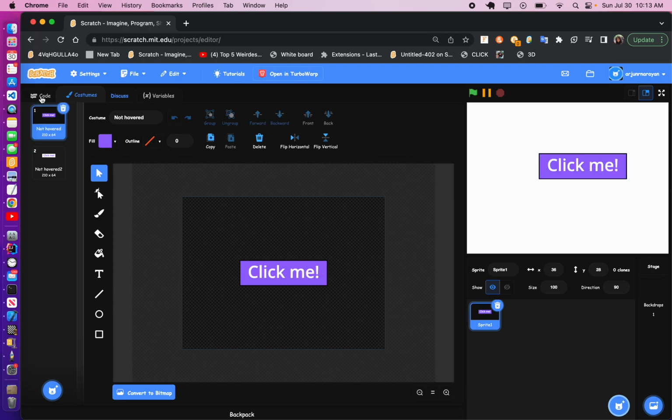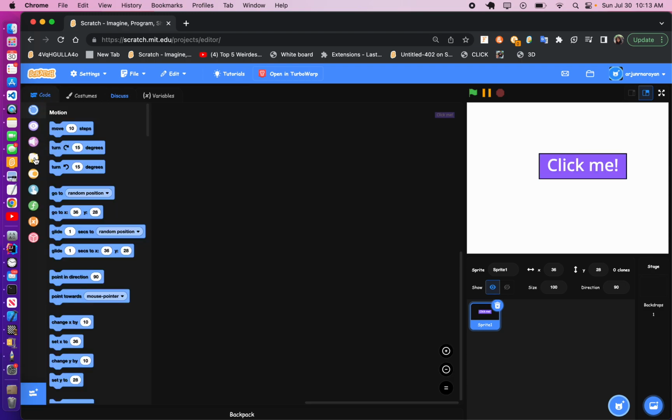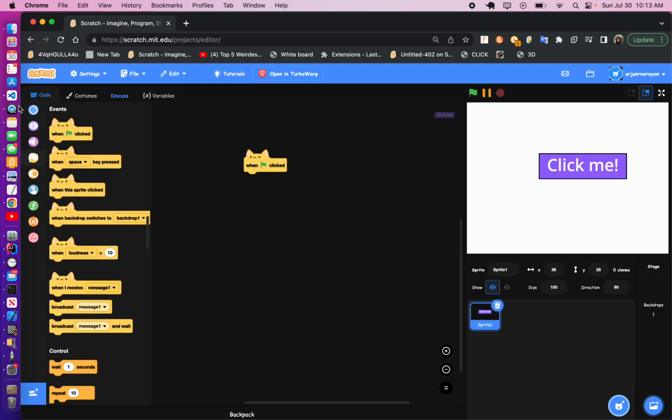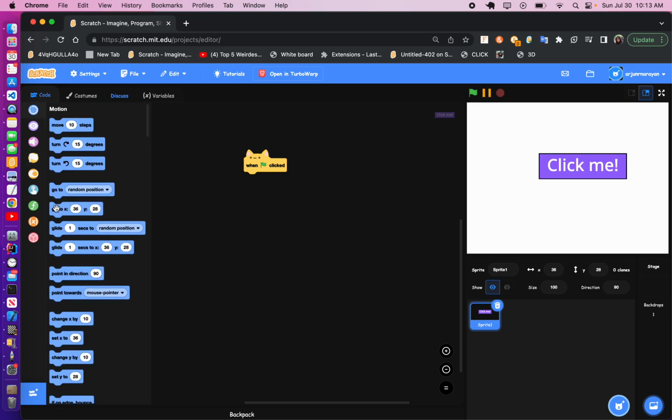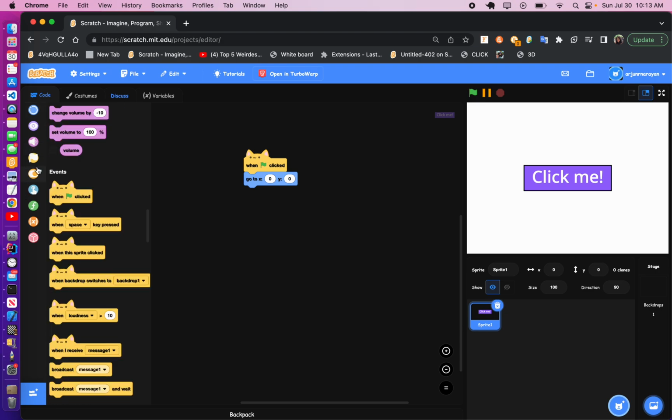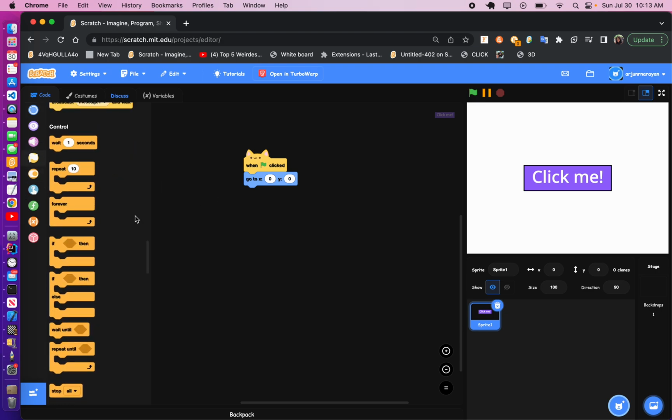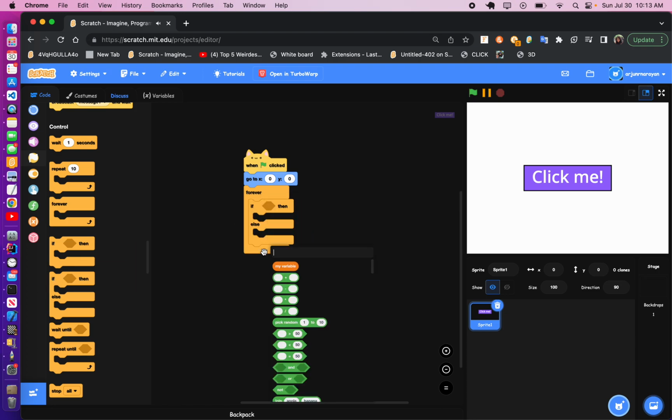And now we are going to code it. So when we've left clicked, we want to go to X0, Y0, which will put it in the center. And now we want to put a forever loop and then an if-else statement. And now if we are touching the mouse pointer,